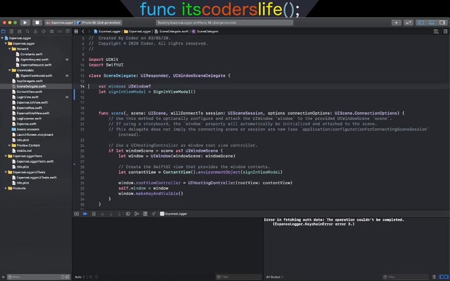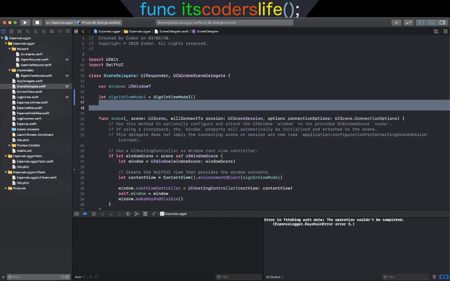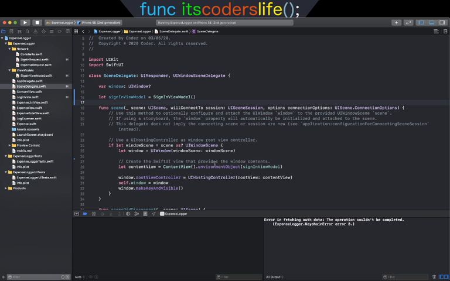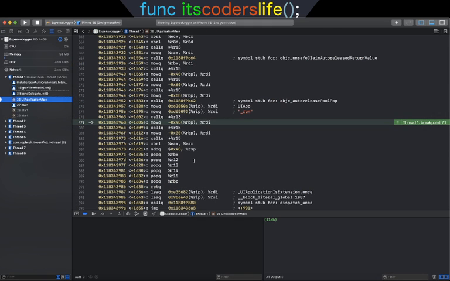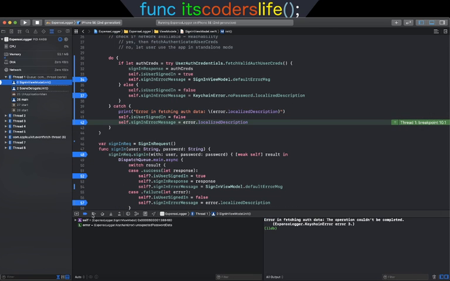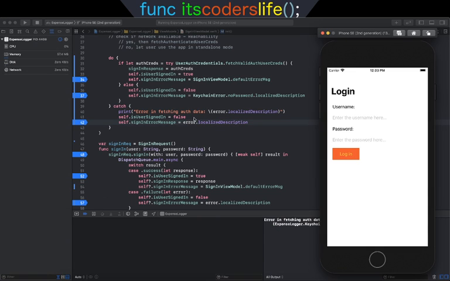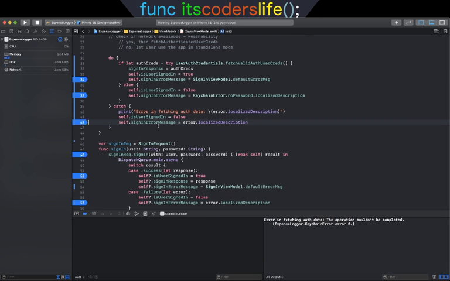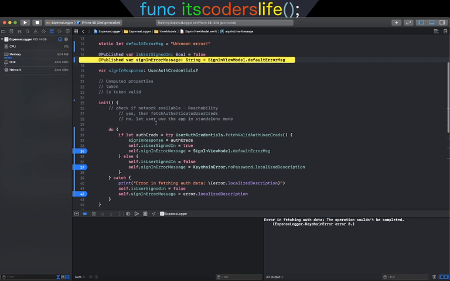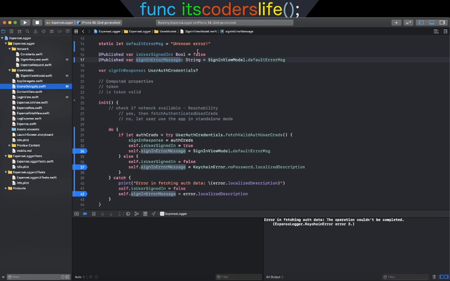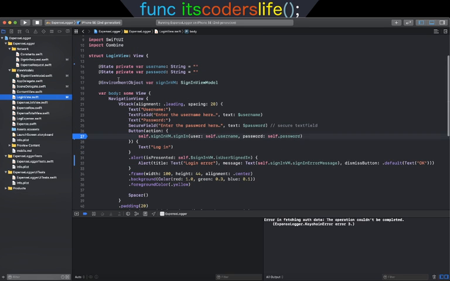Is this the problem? If I let it here, it's a local variable. So where are we making the mistake? No, we are setting it here, sign in error message, and this sign in error message is published. Now this is being observed by the environment object here. All the changes will be observed here, and the sign in VM